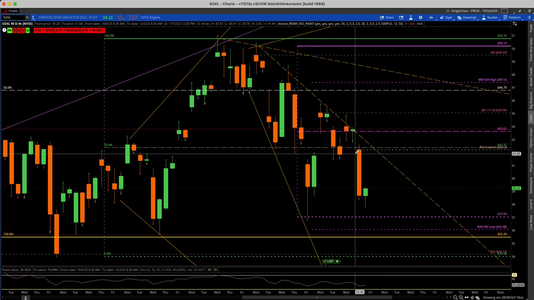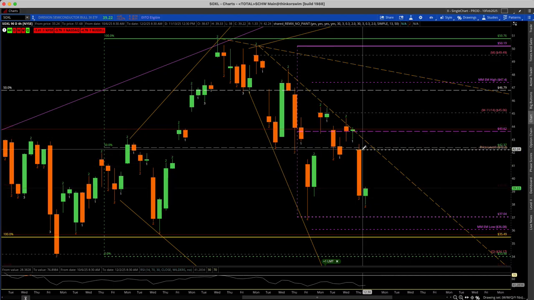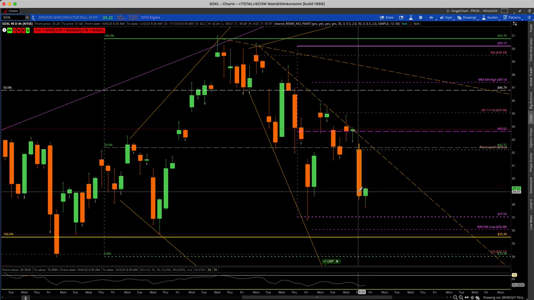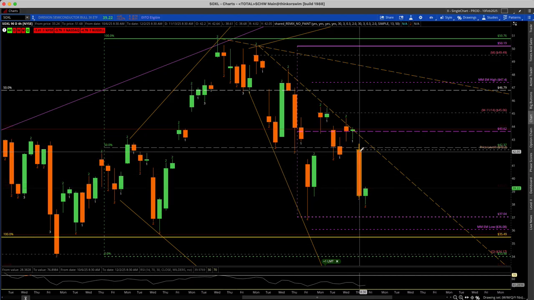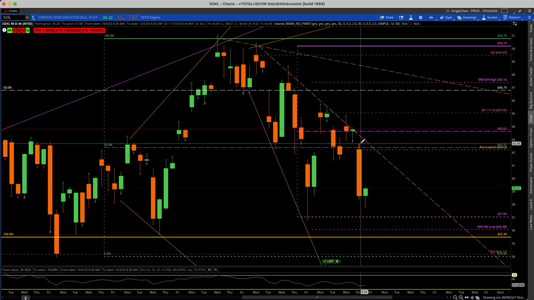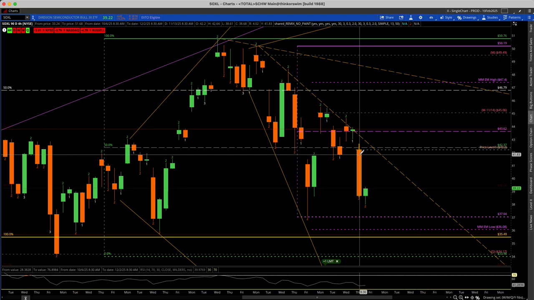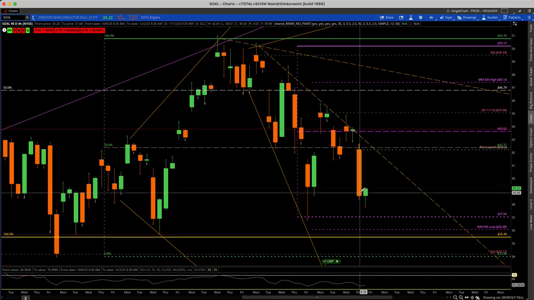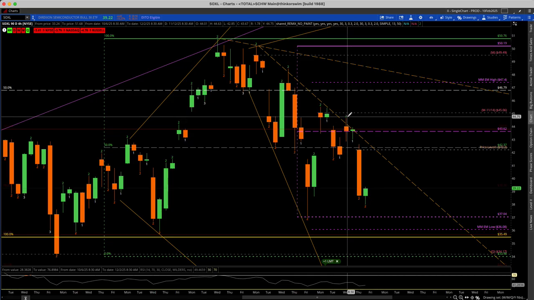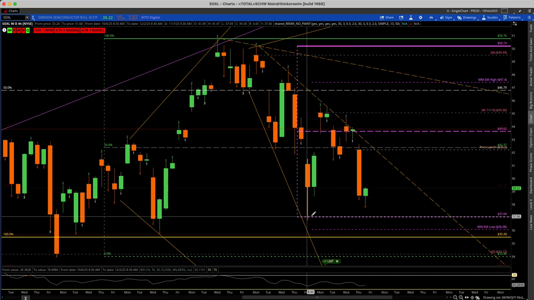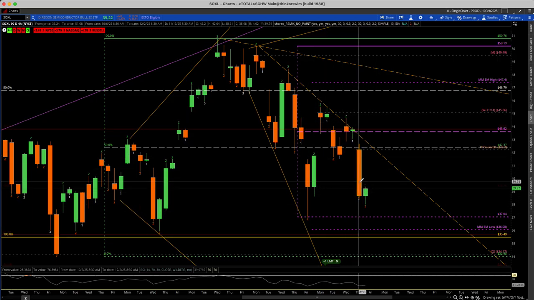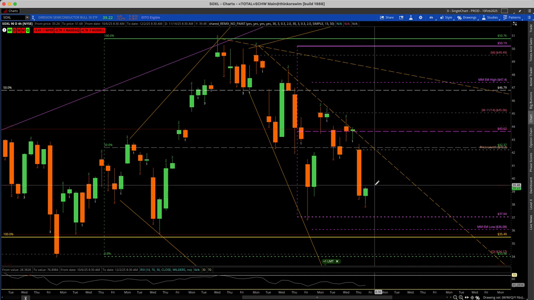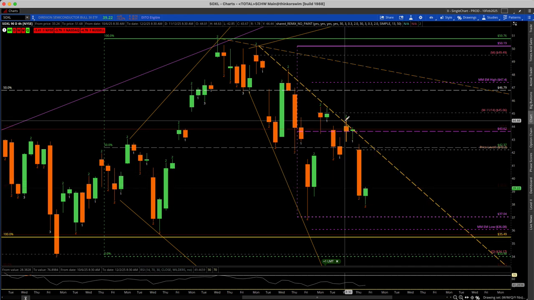Well, we got the 2 down, but it was a big 2 down candle. It wasn't anything like a hammer or even a failed 2 down where we closed green on the candle. It was a solid red candle down, so basically took the 1 2 up 2 down off the board. We've got the lower high here at this point, looking for the lower low on the 4 hour. So if you're looking at things from the 4 hour perspective, that would give you a little bit more confidence